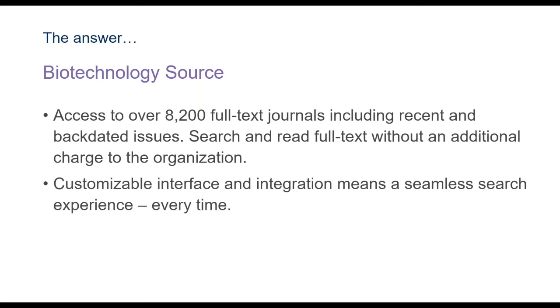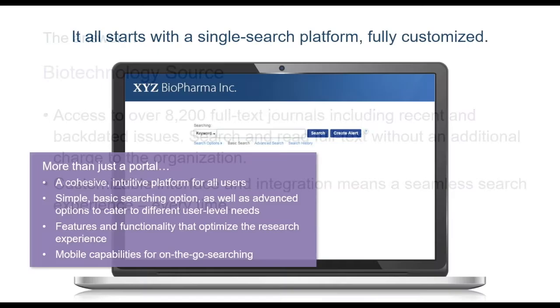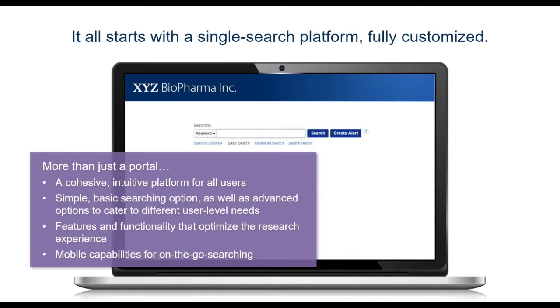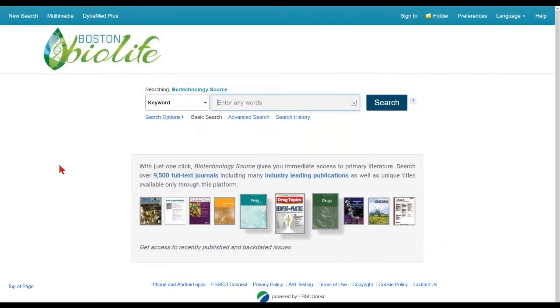So within this resource, you've got access to over 8,200 full-text journals, and you've got the ability to set up alerts, and you can also set up a folder that sits on the platform. So this is the searching platform